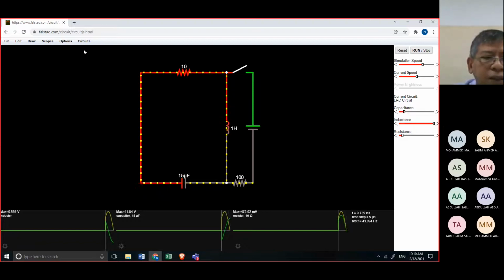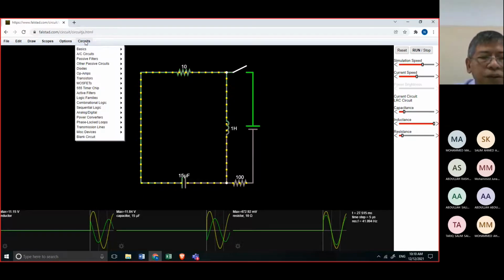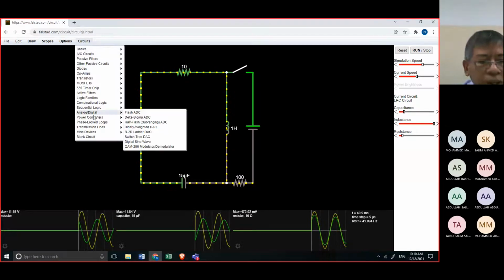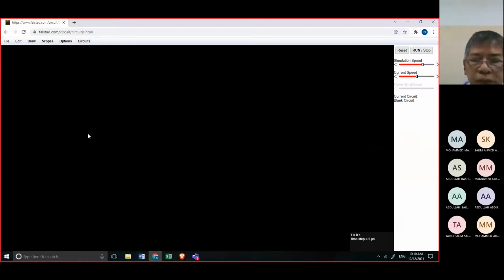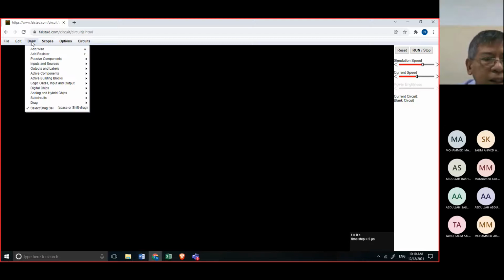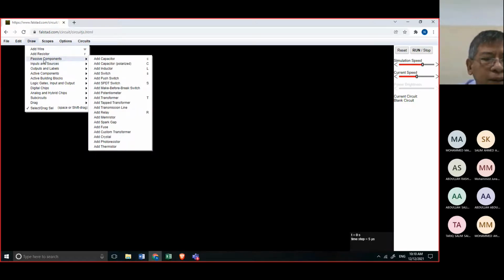A little bit slow, then go to menu, circuit, then blank circuit. The SCR is in a passive component. We will use two SCRs, and the transformer, by the way, I want to start with the transformer. It is in a passive component, and in this menu, passive component, we will go to transformer.